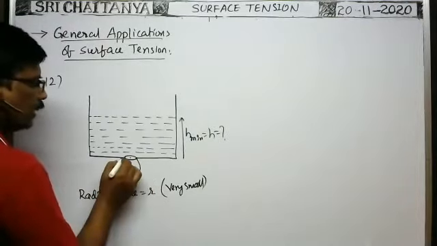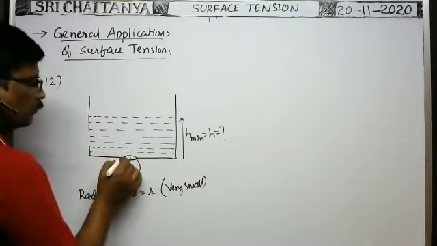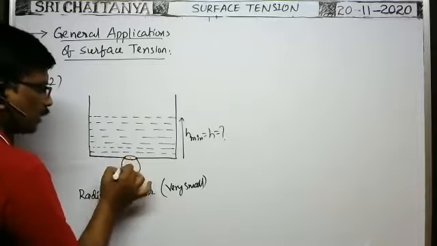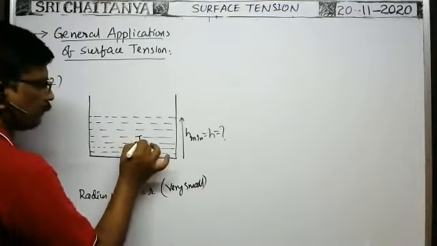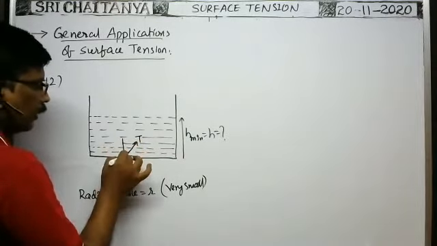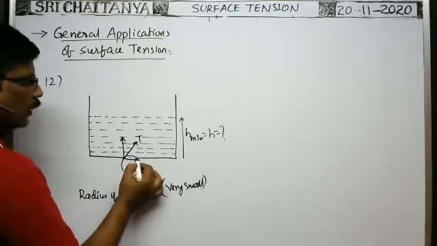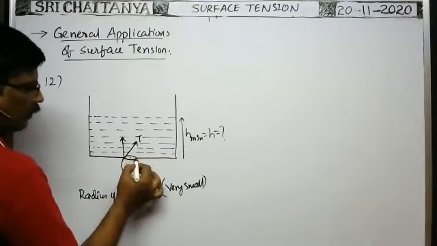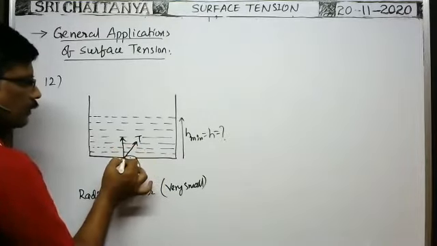Okay, at this point of contact of the liquid drop with the hole, if you draw the tangent to the surface of the liquid, the tangent is like this. This is the direction of the surface tension. Resolve this surface tension into components along the vertical direction and the horizontal direction. Of course, at this point also we can draw the tangent at the point of contact, the tangent in this direction, vertical component, horizontal component.